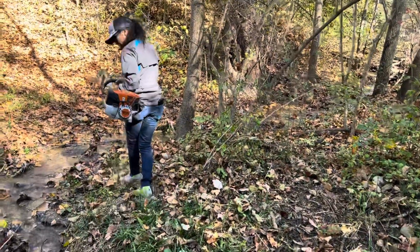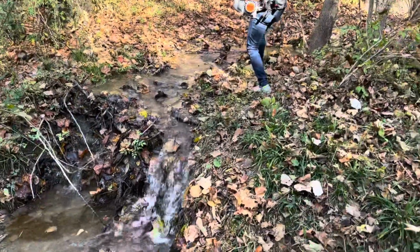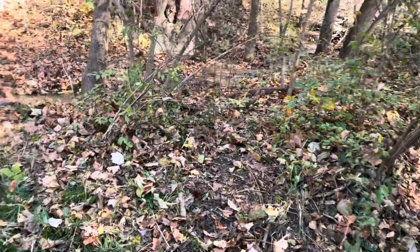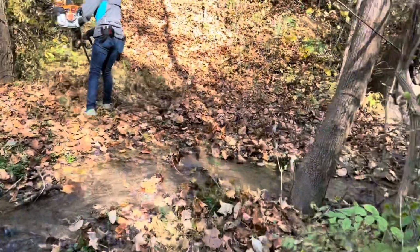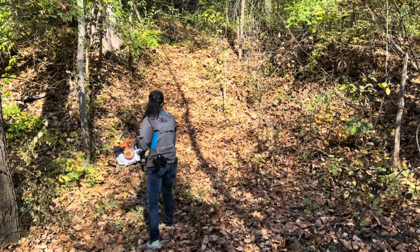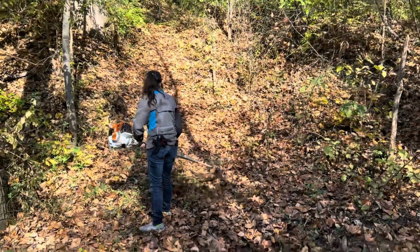So this is a little waterfall in the woods. This is all spring water. This is across the street from our house that we hike on. So we're over here cleaning the trail, plus doing some